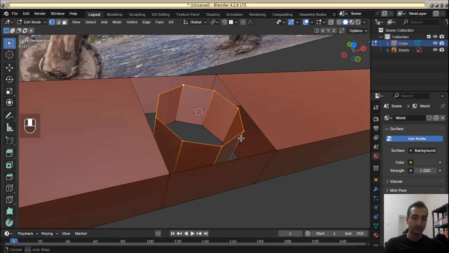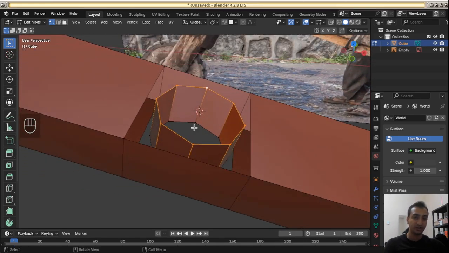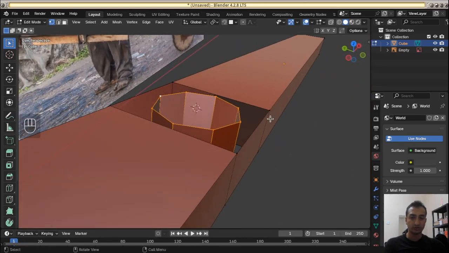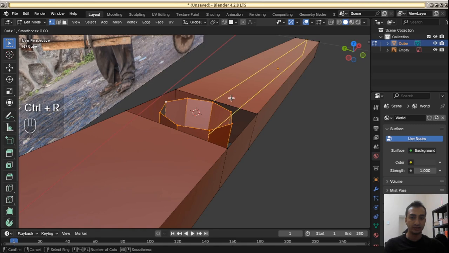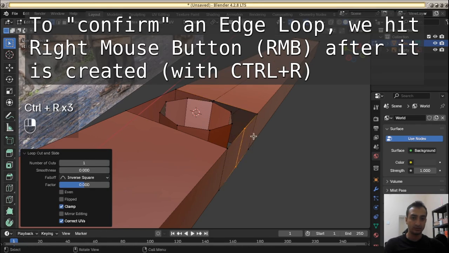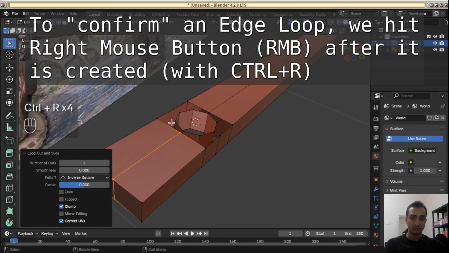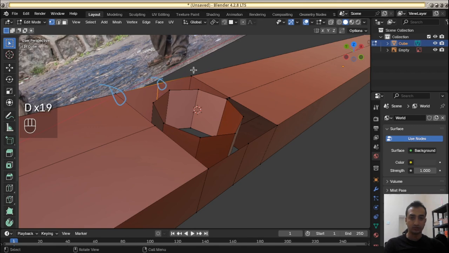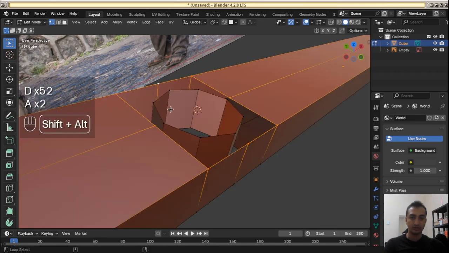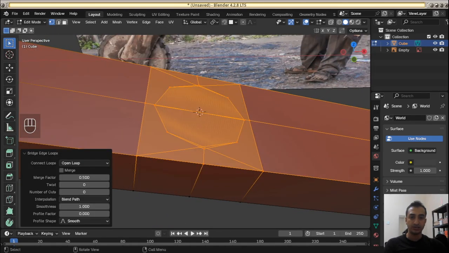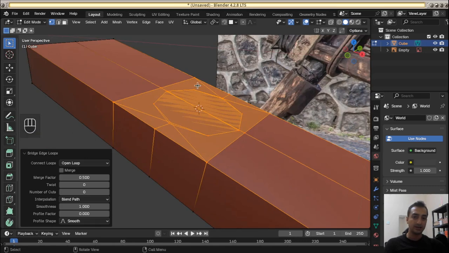So they don't match, and they need to match for bridge edge loops to work. That's no problem. We can just add more edge loops around. So I'm going to hit Ctrl+R, add an edge loop here, then add an edge loop here, add an edge loop here, and then add an edge loop here. And now you can see that if you count those vertices, there's exactly 8. So if I now choose the outer part, inner part, and I'm going to say bridge edge loops,